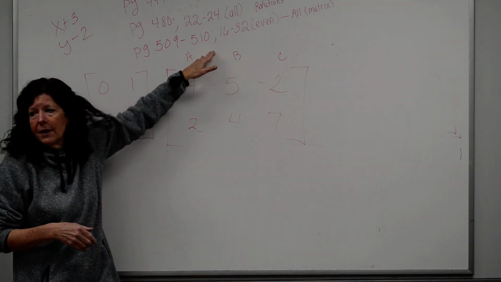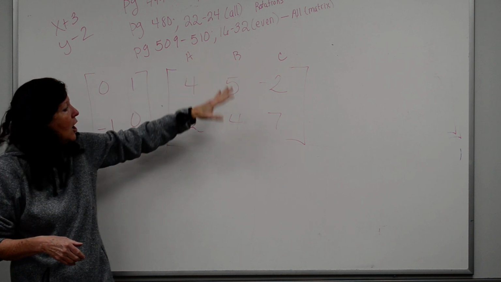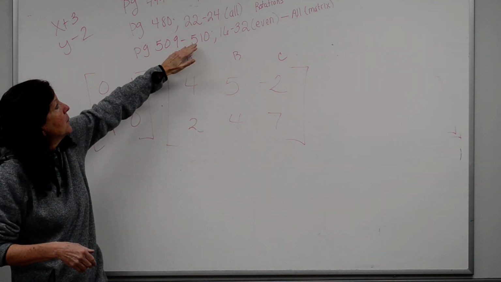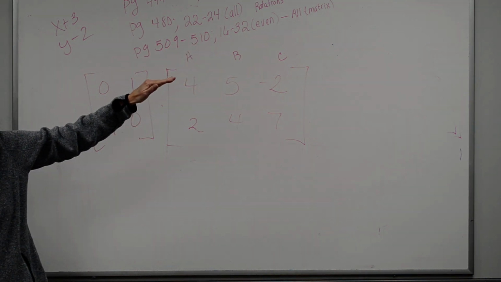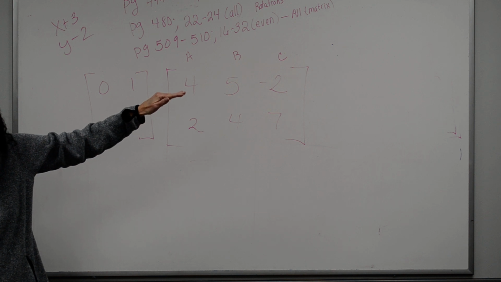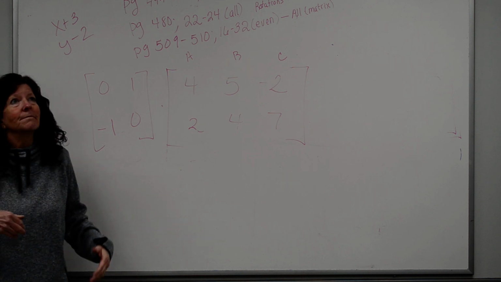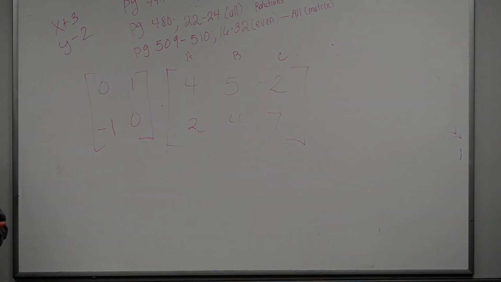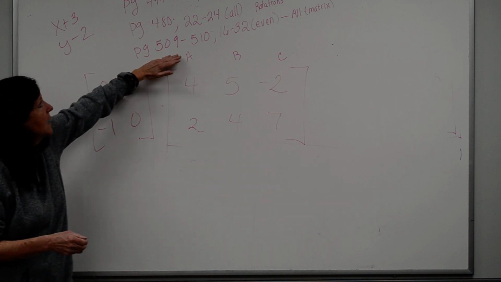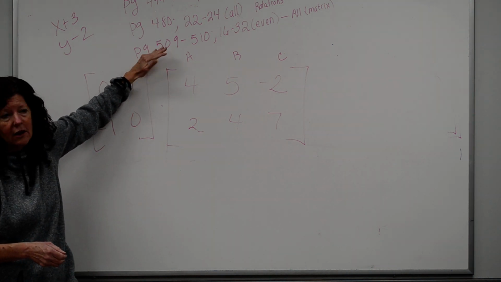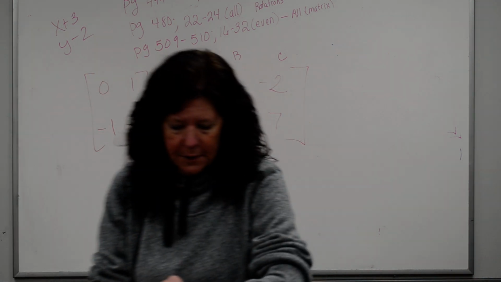Now, there is no graphing involved in this. They just want to know your final points, okay? So you can do it all algebraically. Here's what I would suggest on this. Only use the matrix on your rotation, okay? If it says reflection, then just change your points to the opposite of what you have, depending on whether you're reflecting it over the X or Y. Does that make sense? Yeah. Okay, so this is going to be done real quick, okay? It looks like a lot of stuff, but it's really not, okay? And I'll get the colored pencils out, so